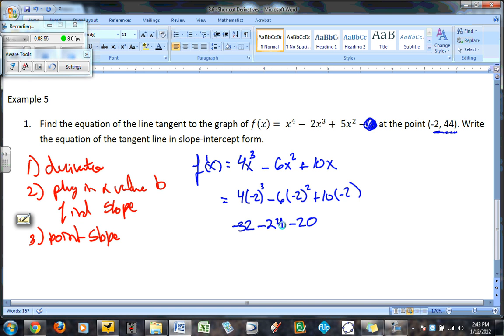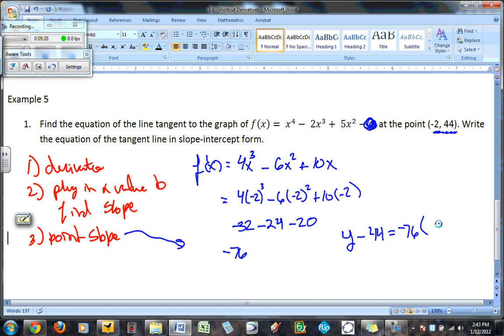It looks like we're going to have a big negative slope. So we're going to have, let's see, what's this? Negative 44, negative 76 as the slope. All right, I don't think I missed a negative sign in there. Nope. So that's a really, really big slope. All right, so they said the third step was then to put in point slope form. So we're going to say its point slope form is y minus our y value, 44, equals our slope, negative 76,